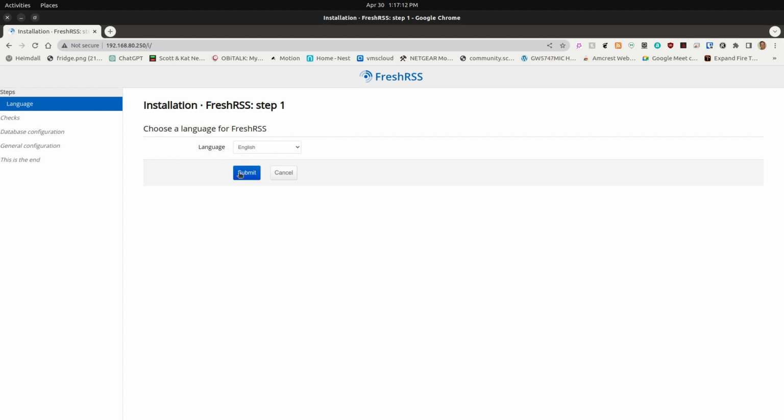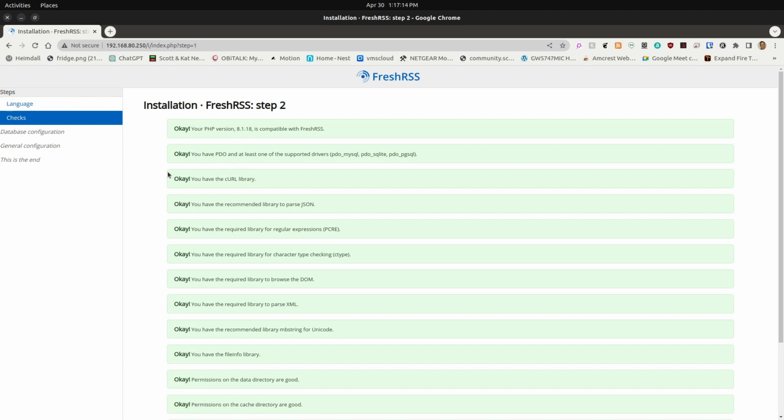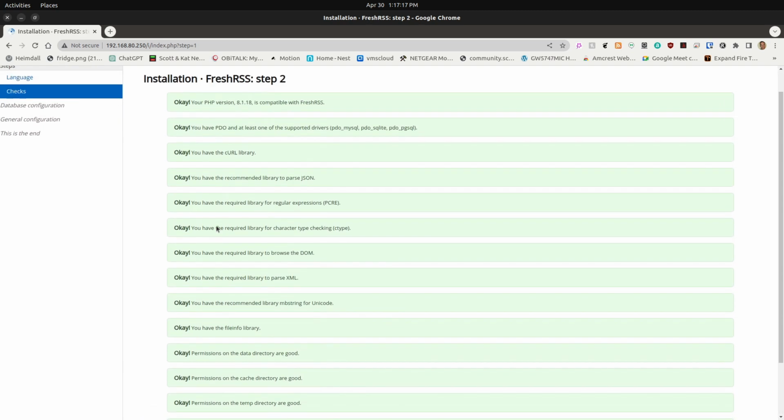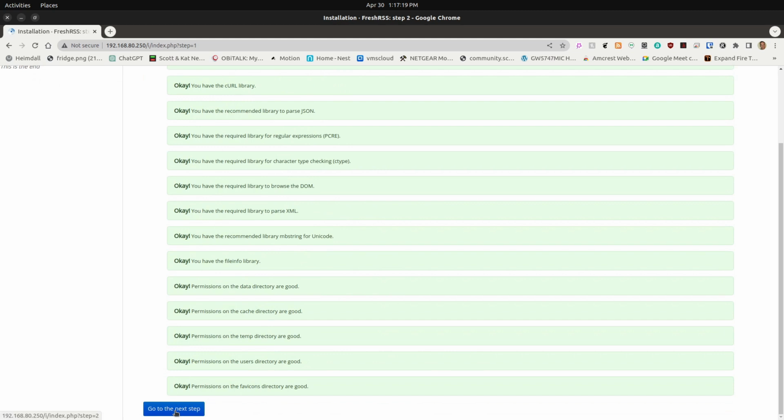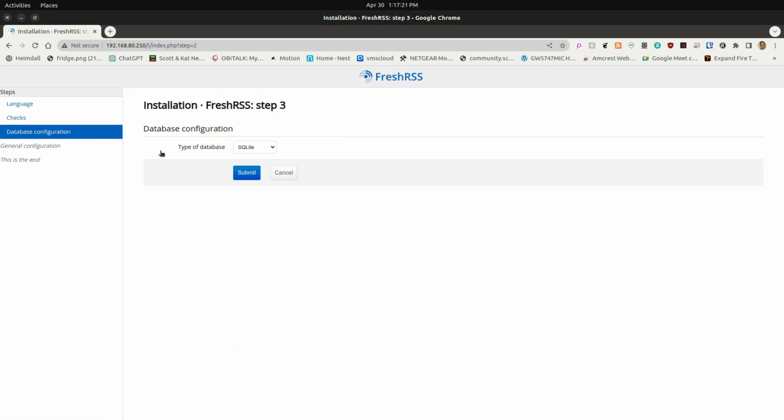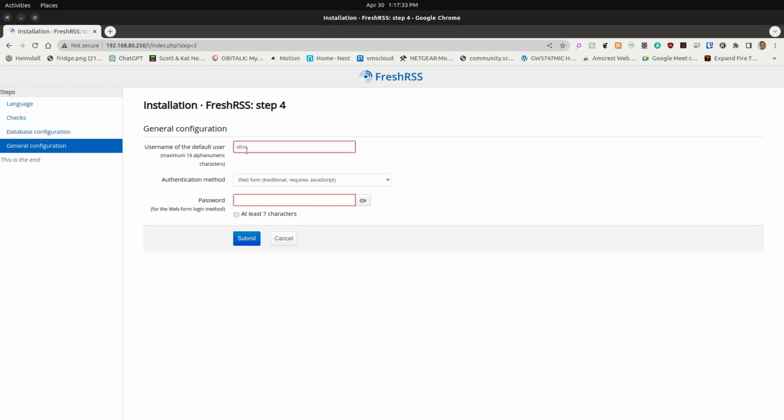My language is English. I click submit, and it says, okay, it's up and running. So it says go to the next step. The next step is what type of database. It defaults as SQLite. I'm going to leave it as SQLite because I didn't install any other databases. And I do a submit, and it says, what do you want your user account to be for the default user? I'll go ahead and say Scott,